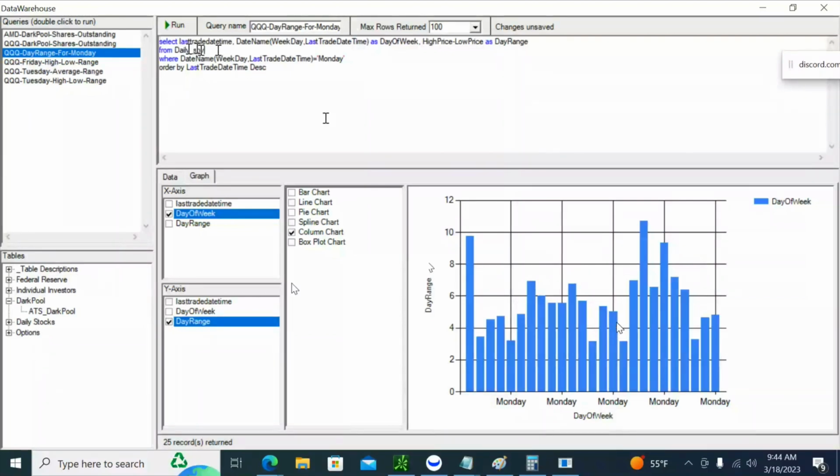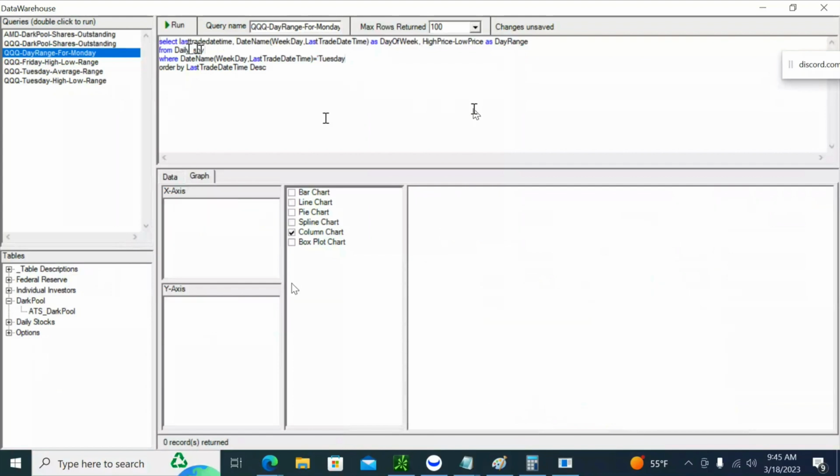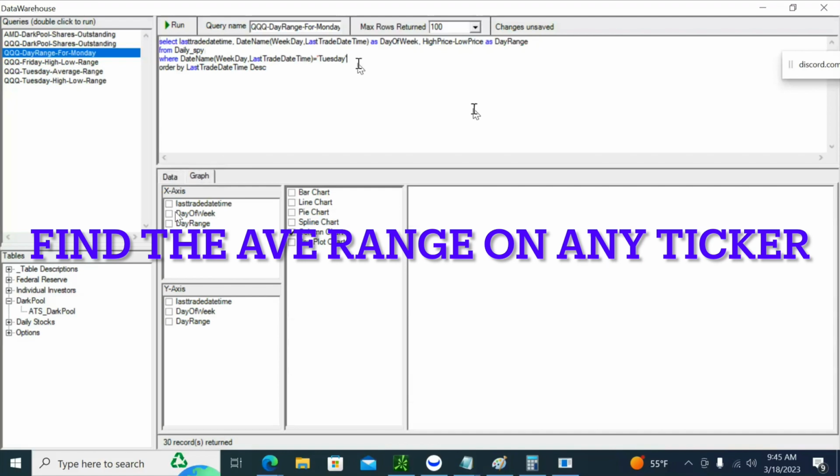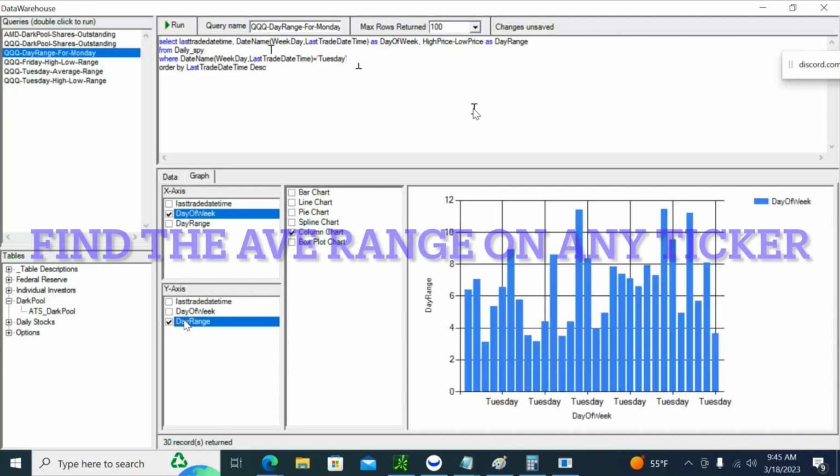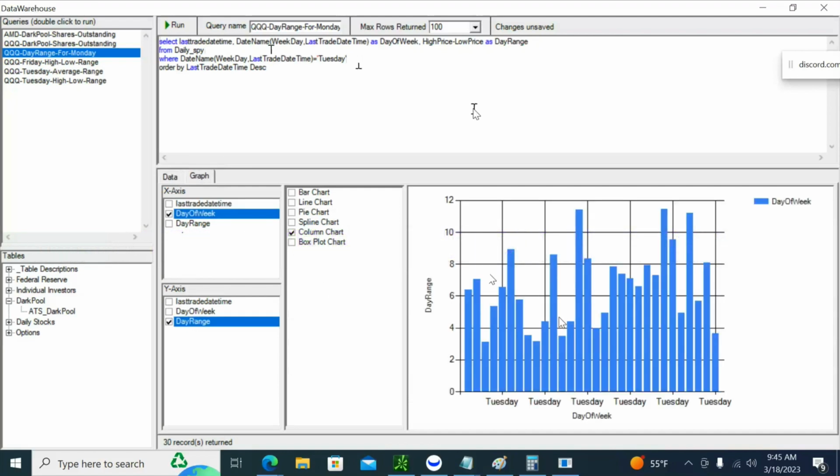This is SPY, and this sets it to Monday. If you want to see SPY for Tuesday, just type in Tuesday and then run it. So this is on Tuesdays